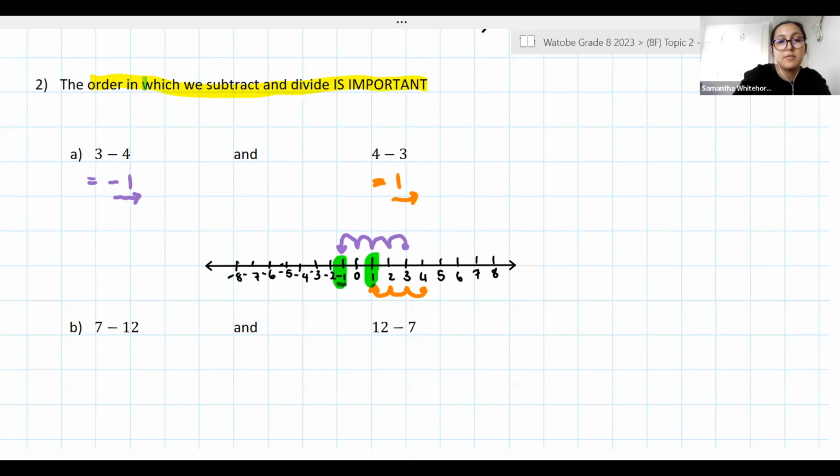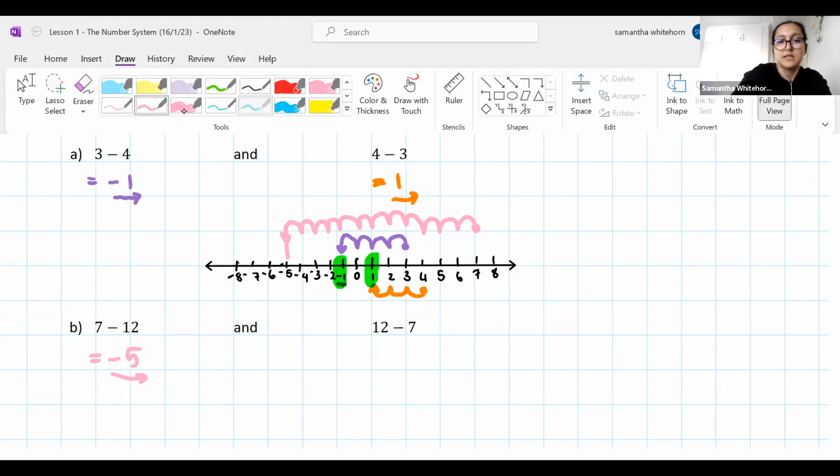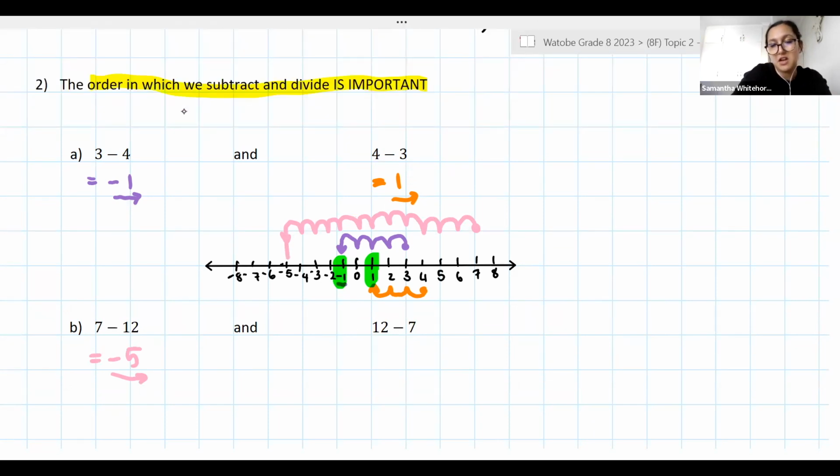Right, a lot of you have also given me the answer for the second one. So if we start with 7 minus 12, I'm starting at 7 and I'm subtracting 12. So 1, 2, 3, 4, 5, 6, 7, 8, 9, 10, 11, 12. I end up at -5. If I now swap those values around and say 12 minus 7, I've obviously now put 12 on my number line because my brain's clearly working very well today. So if I go up to 12,